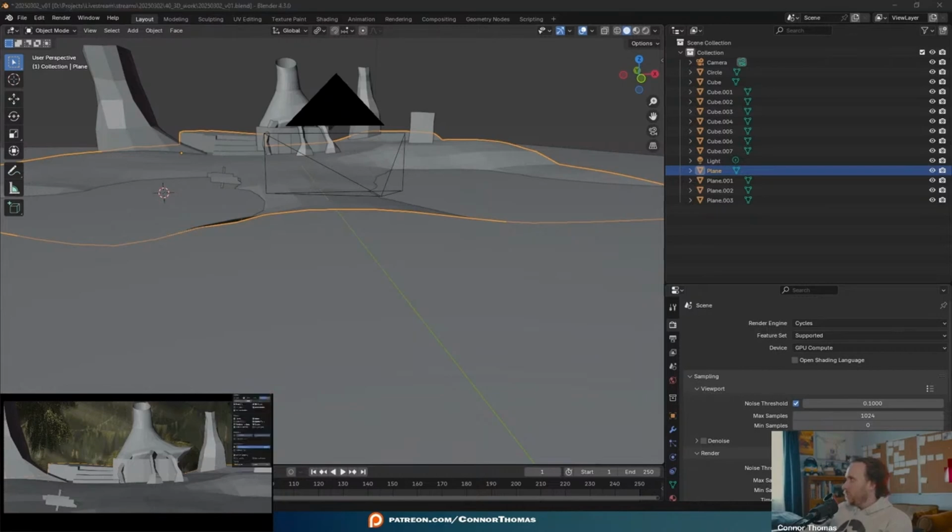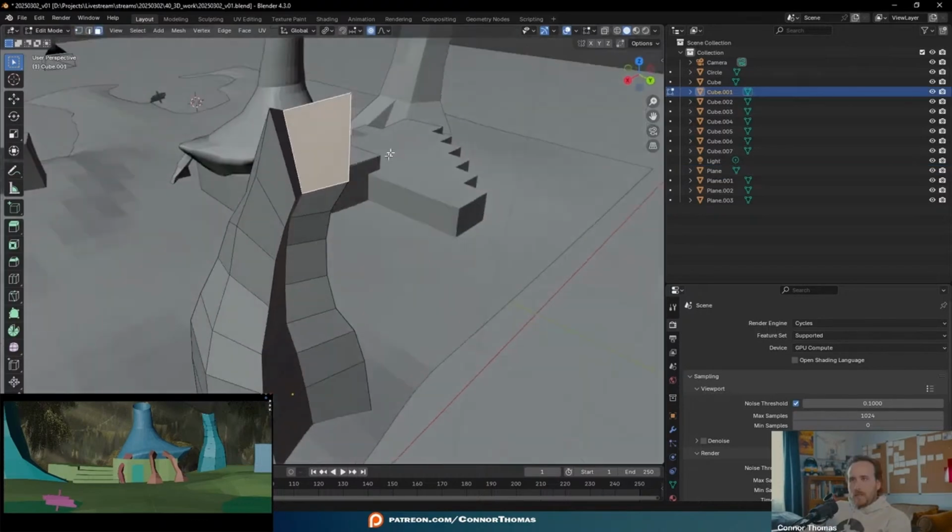An easy way to see this, by the way, is if you go to your view display options here, we could just set this to random. And that way you can see a little bit better where that edge of that swamp is really going to hit. Let's grab this guy